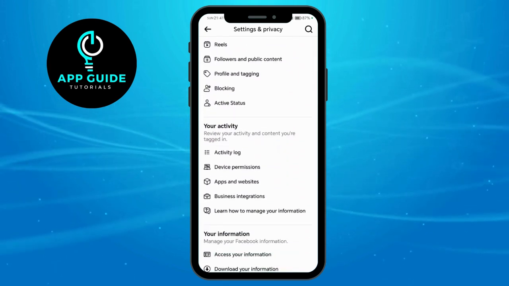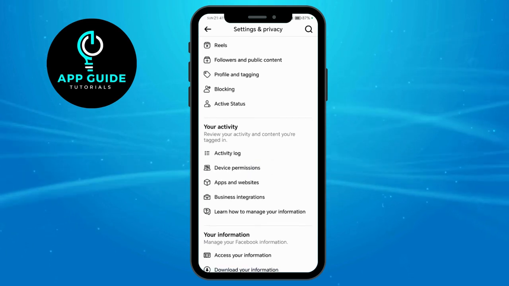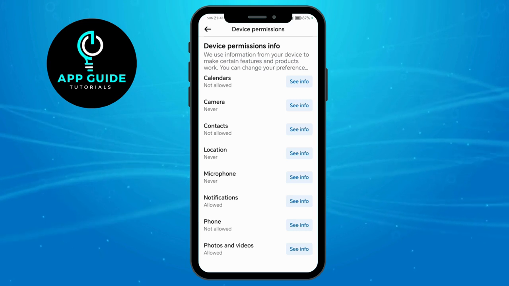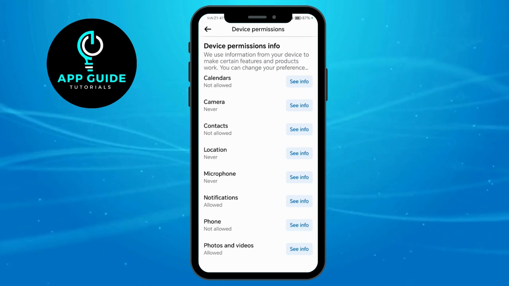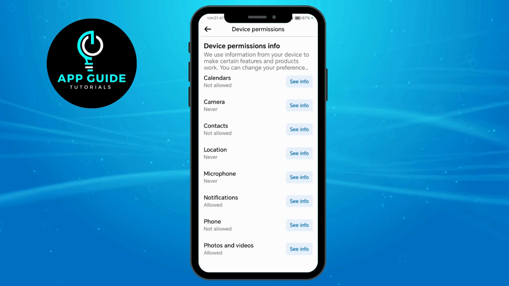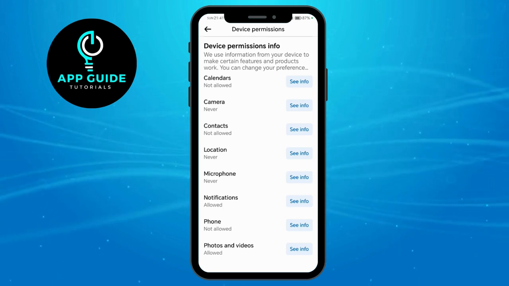After that, you will be able to see this section that says device permission. You just have to click on that and you will be able to see every permission that your Facebook has on your device. So every feature that Facebook is catering you to is allowed by you through this section right